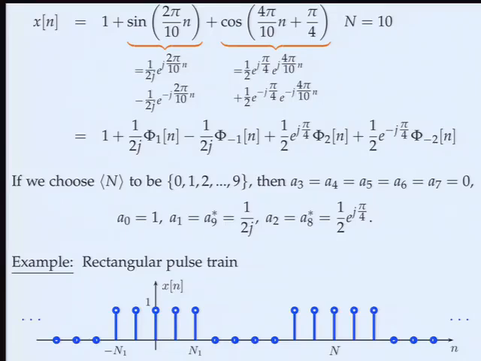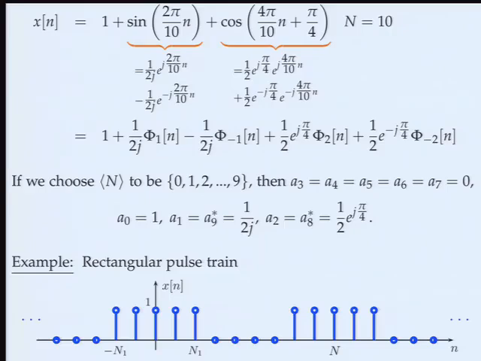We had a similar example in continuous time, so this kind of mirrors that. We had a pulse train there too. So capital N is not specified, it's the period, and N1 is where this ends. Okay, fairly general.